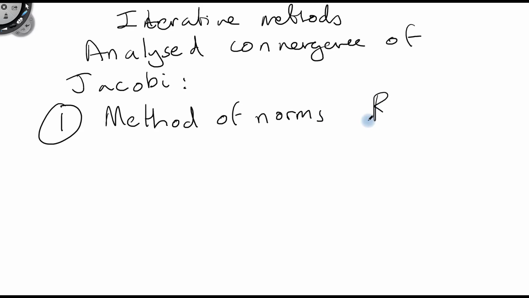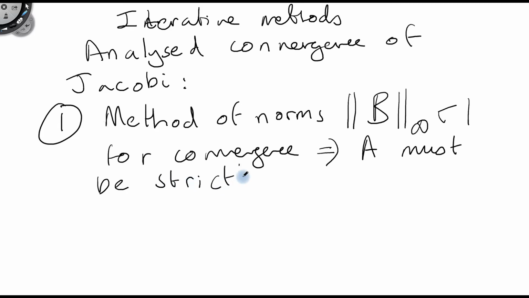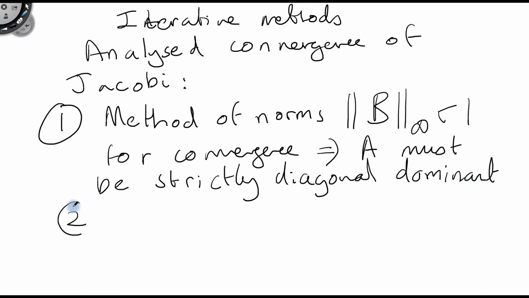From that we had the key result that the infinity norm of B less than 1 is required for convergence, and that implied that A must be strictly diagonally dominant. And the second method we looked at was the spectral method,